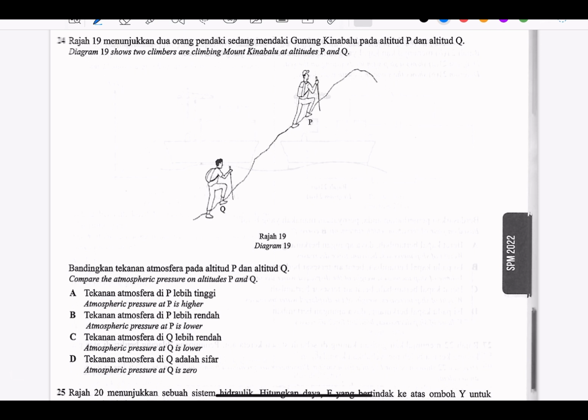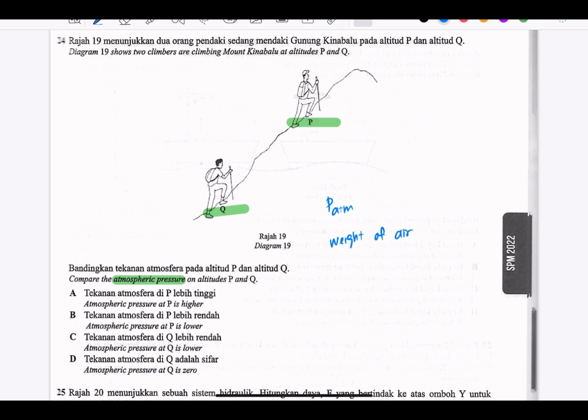Climber at altitude P and Q. There's two positions, P and Q. Compare the atmospheric pressure at different altitude. We know that the atmospheric pressure is caused by the weight of air